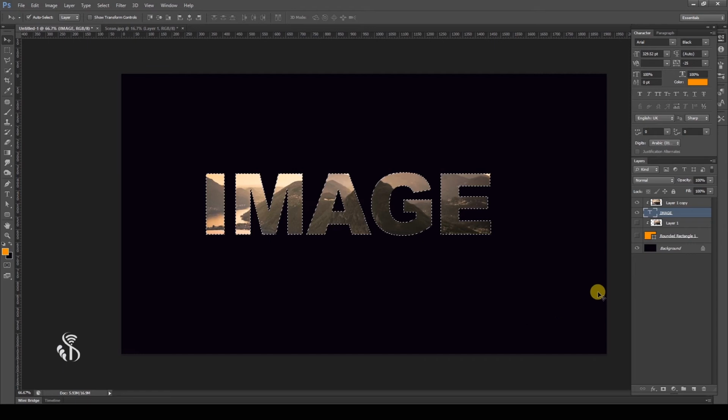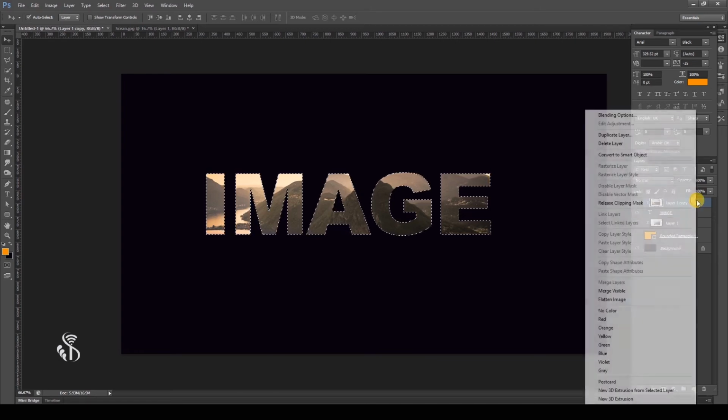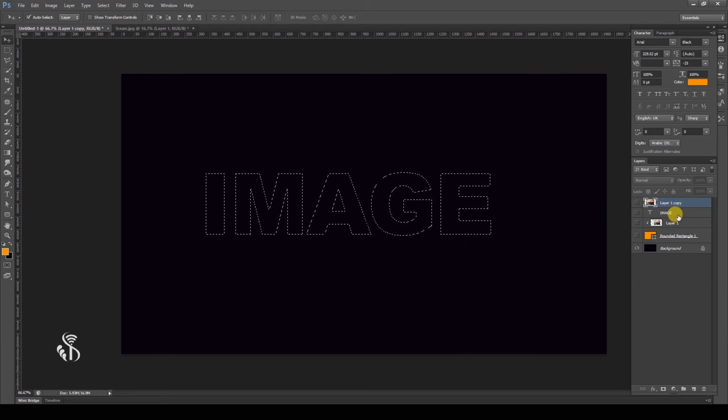Now select the layer containing the clipping mask. But to do so, we will have to release it from the clipping mask. Else, if its visibility is off, then the objects on the layer will not be visible. To do so, right-click on the layer next to the mask and select the command Release Clipping Mask. Now, even when the image visibility is off, or when the text layer is deleted, the merged layer can be seen.